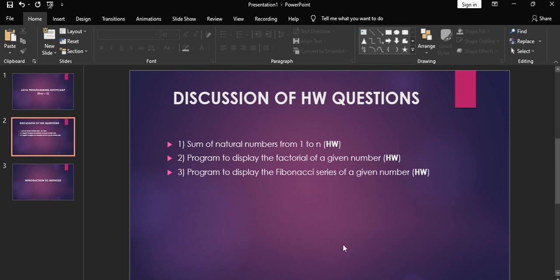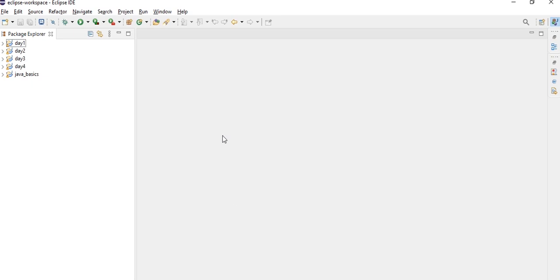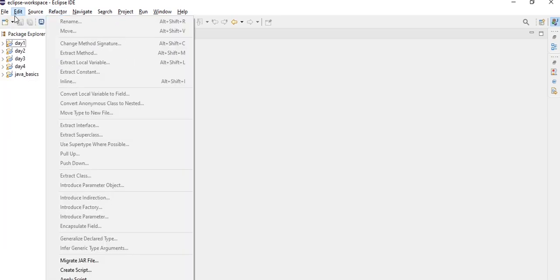Now let's do this with loops. This is one way of doing it, and there are many ways of doing this. Now let's discuss how to do this problem with loops. Let's open Eclipse and create a new Java project. Click on File, select New,